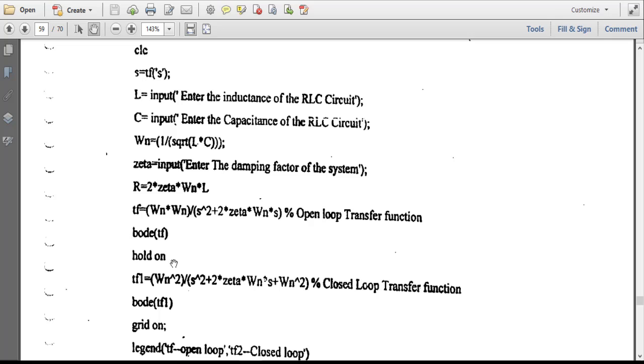You can use a command called pause, or you can write this hold on. The use of hold on is that this body of TF1 will be plotted on the body of TF. So you can see the two graphs together, and then you type in grid on to make the grid appear on the graph.